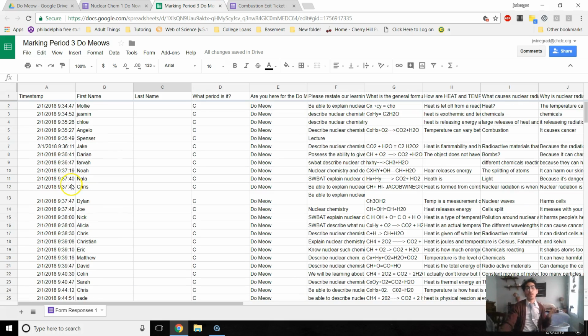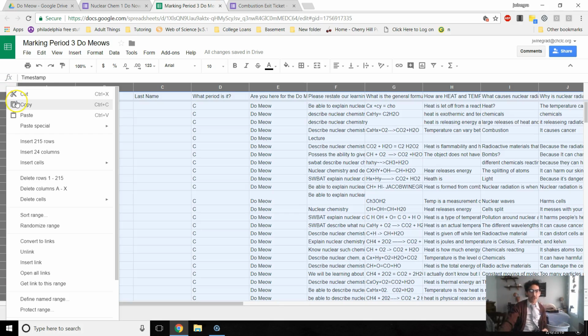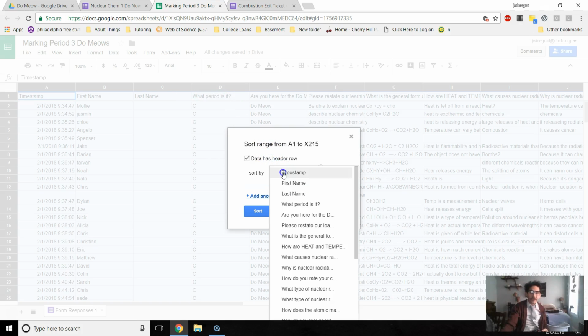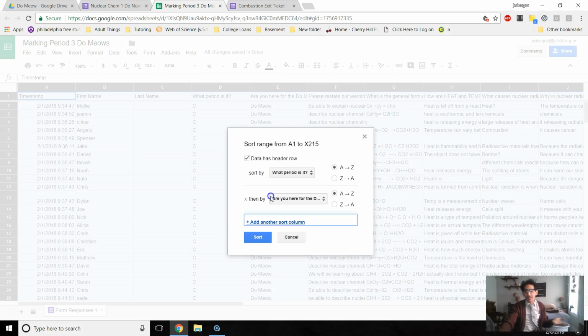And usually I would organize this data. What I would do is I would click up in this corner and right click and say, hey Google, I'd like to sort this range. And thank you, you've already given me header rows up in here, which we can sort of see. I'll check this box and say, hey, please organize these. I like to have them organized by period. And the other thing I like to do is organize by last name. Now, this isn't going to work because I removed everybody's last names, but normally this would be a great way to organize your data. And what this normally would do would sort each student so that we can see,